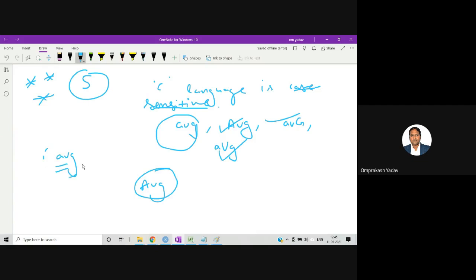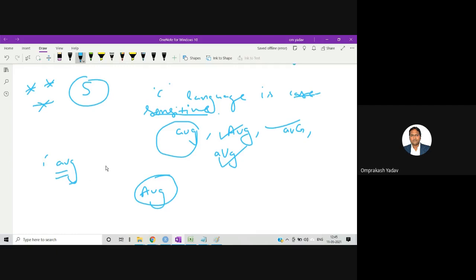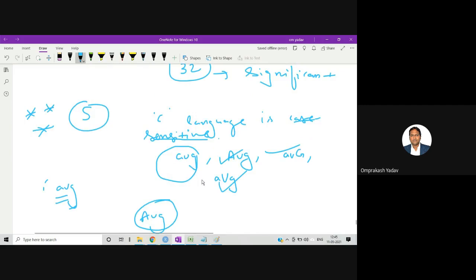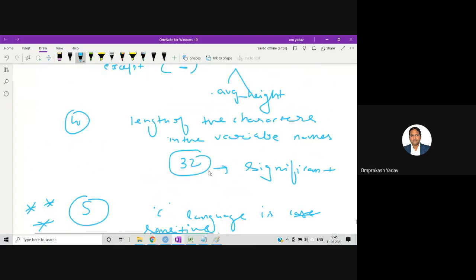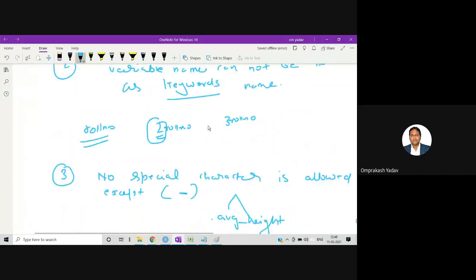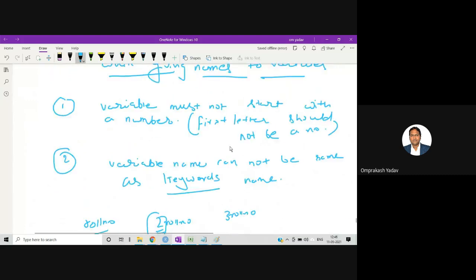And as a convention, variable names in C language we always define with small letters. Since C is a case sensitive language, all these kinds of variable names are different. Even if one case changes here and there, it will become another variable. So just try to remember these 5 rules. These are very important rules, and if you remember this, you will be able to declare the variable names.